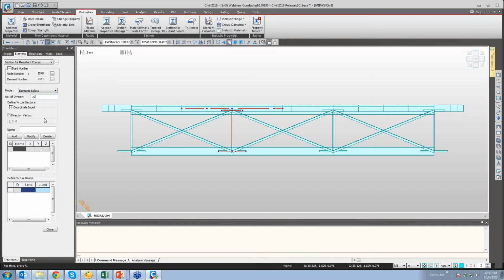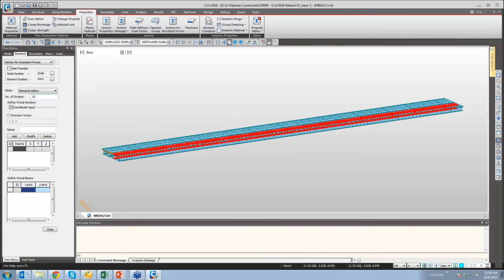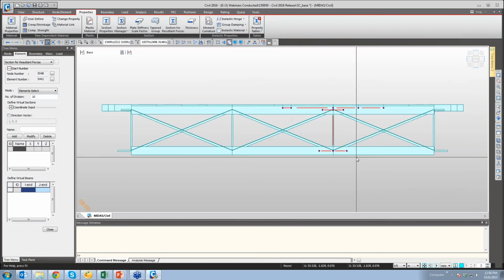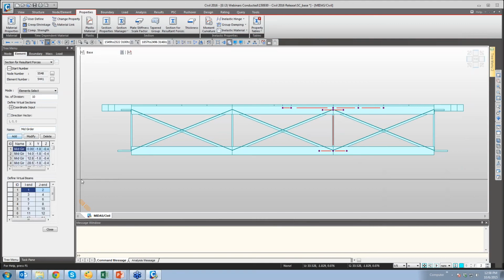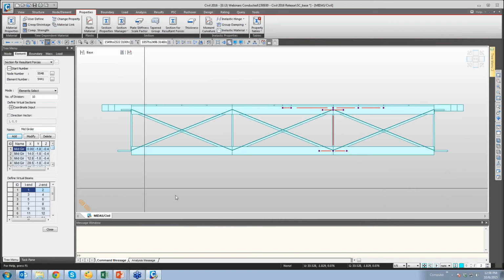The overall length selected, if I view in the isometric view, is for the entire bridge. I have given the number of divisions as 10. I have to mention a name over here, say mid girder, and add.